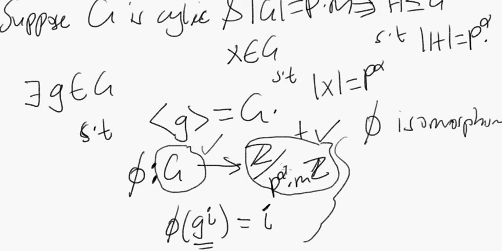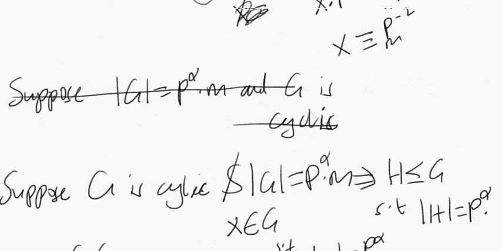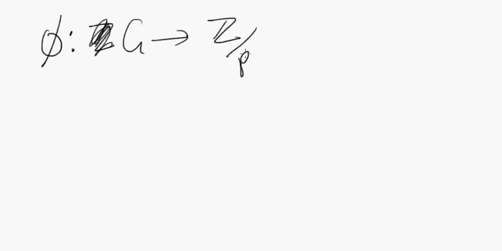So if you buy that idea, then here's what we're saying. We've just found a homomorphism phi from G to Z mod p to the alpha times mZ. And in particular, if we look at the element m,